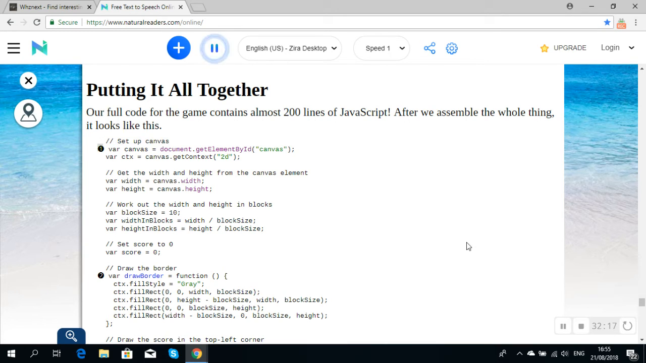// Set up canvas. var canvas = document.getElementById("canvas"); var ctx = canvas.getContext("2d"); // Get the width and height from the canvas element. var width = canvas.width; var height = canvas.height; // Work out the width and height in blocks. var blockSize = 10; var widthInBlocks = width / blockSize; var heightInBlocks = height / blockSize; // Set score to 0. var score = 0;